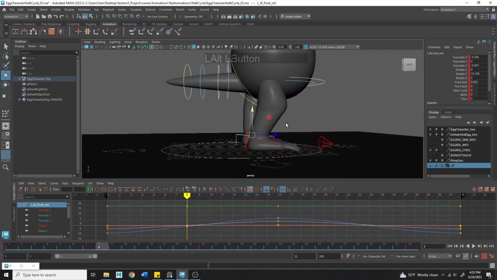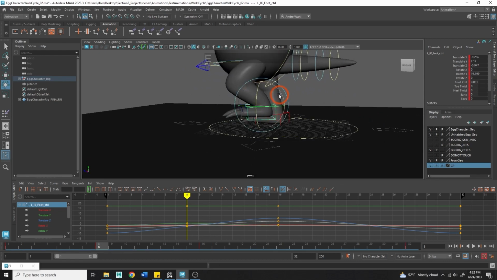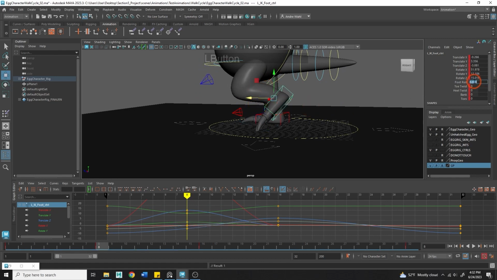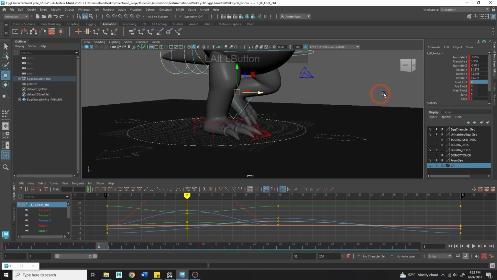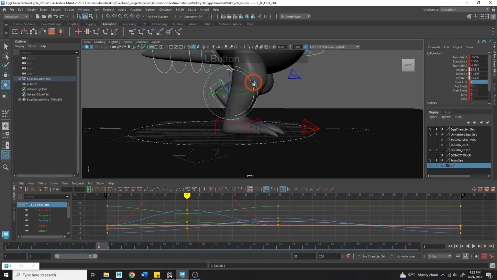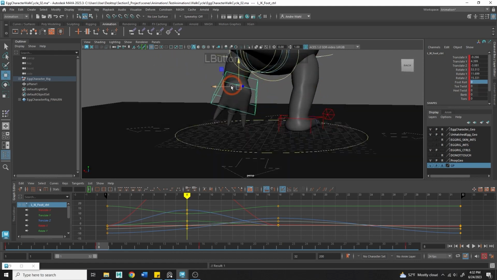So rather than sliding like this, we're actually going to pull it up so the knee's bent, and we're going to rotate it so the foot is coming forward like so. And notice I'm using the rotation here. I'm going to want to set the foot roll to 0 in this instance, so that way I can get this set up correctly. This is a pretty dramatic walk, but it is an egg, so we kind of let